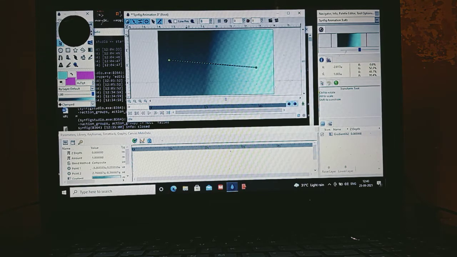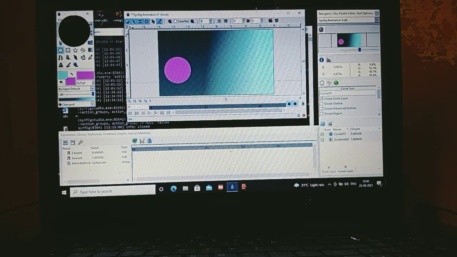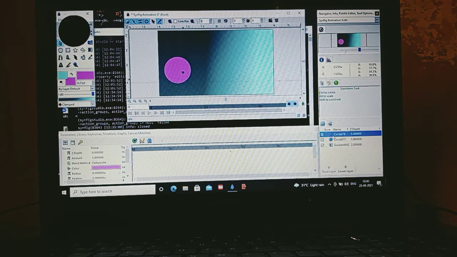Okay, so first, here I am taking a ball. Once you have taken the ball with a color, but you think that this color does not suit the background, then what you have to do is just click on this circle. There are two circles. One more thing you have to notice is that if unnecessary layers are present here, you have to delete them first. There should not be any unnecessary layer here. So first I will delete the unnecessary layer.